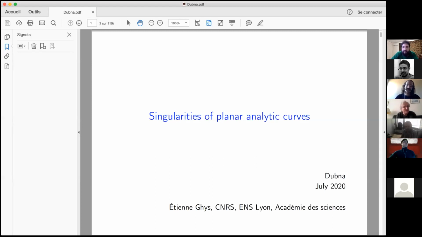I'm very happy to be in Dubna for the second time. I have a good memory of my visit to Dubna 12 years ago. I remember very well that I met famous Russian mathematicians like Arnold and Anosov. Anosov has been one of my gods for many years. I can even say that for many years I didn't know that Anosov was a human being. For me, he was a dynamical system.